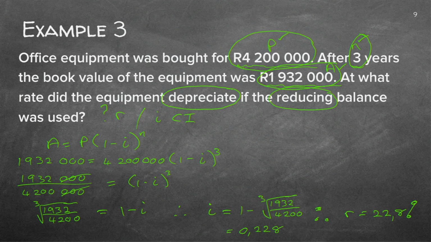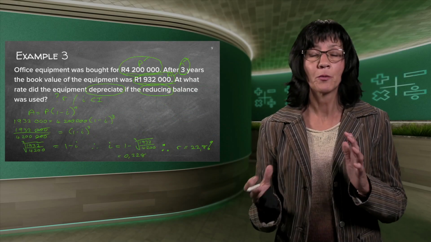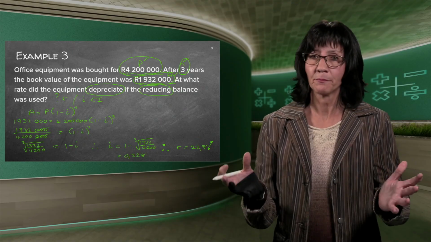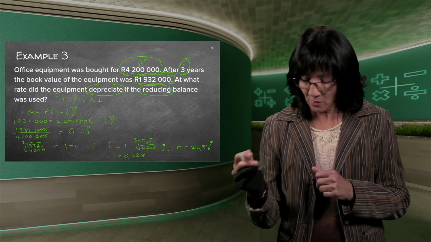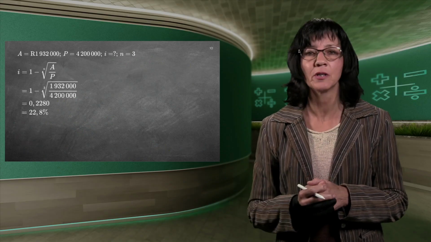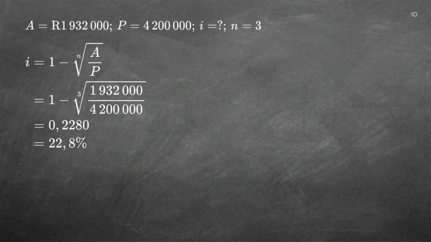So now you have a proper method and a proper practice slide to redo it again. There's just one thing I want to show you. I'm quickly going to go to the answer that we've got here. Can you see here is where we first sorted out the formula. We first got the I all alone, then we've got that funny formula, and then we start filling it in.